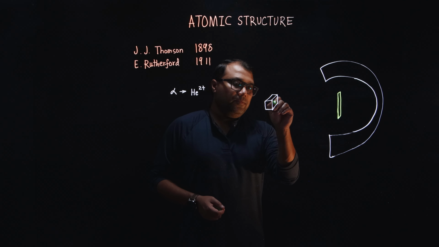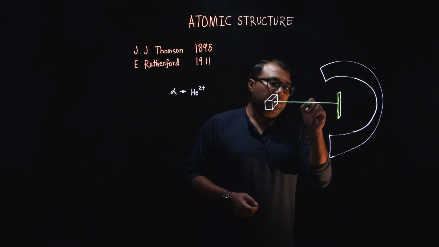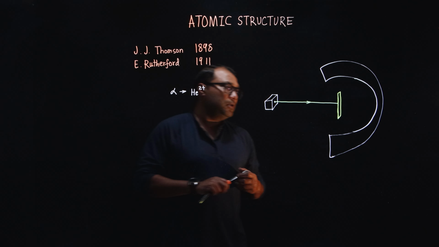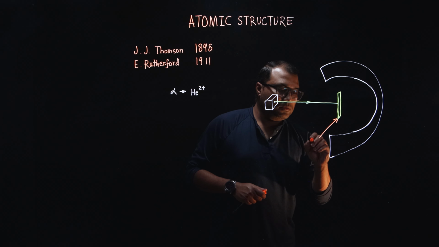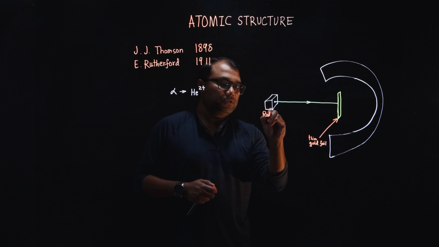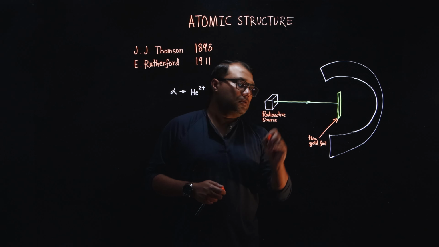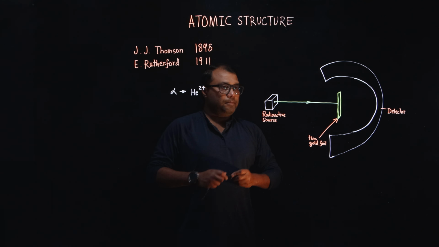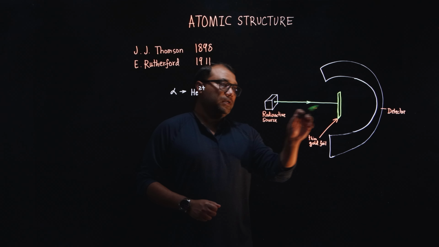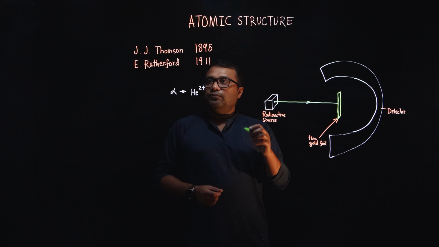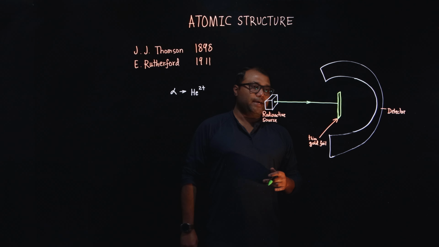So when these alpha particles were directed to this gold foil, so this is the thin gold foil, this is a radioactive source, and this is the detector. So when these alpha particles were directed to this thin gold foil, the expectation was, if Thomson's model was correct,